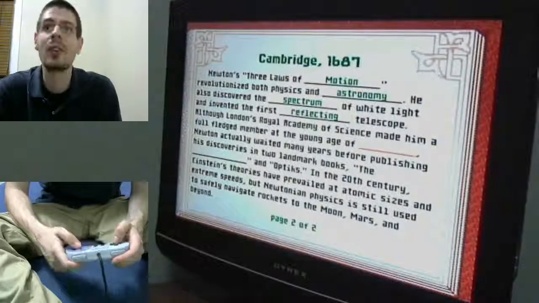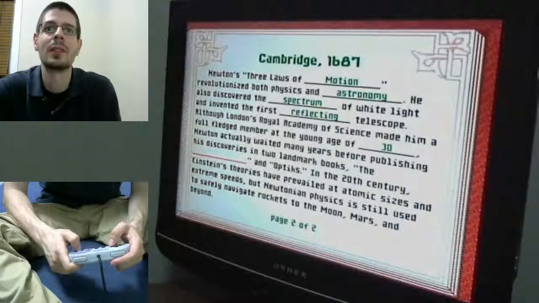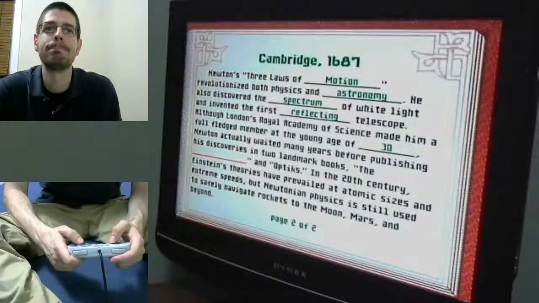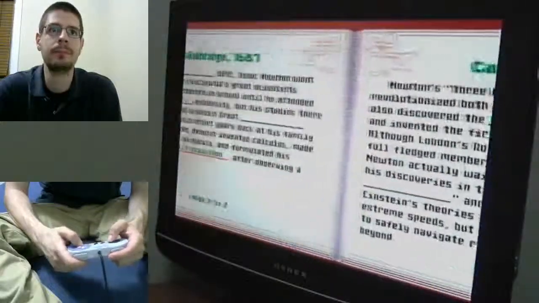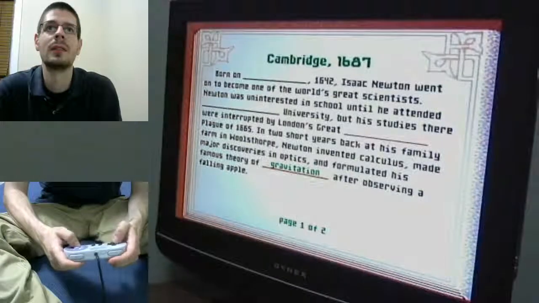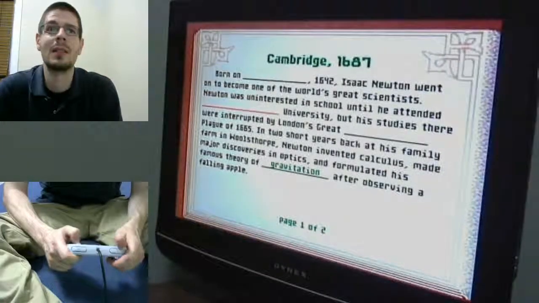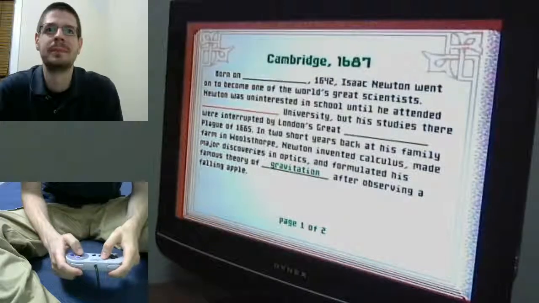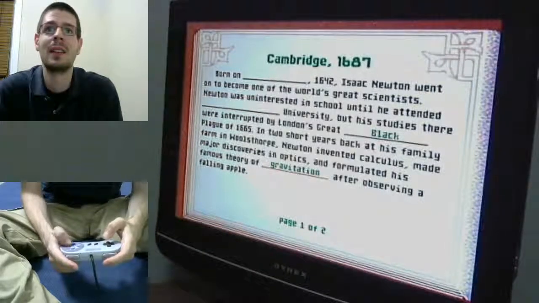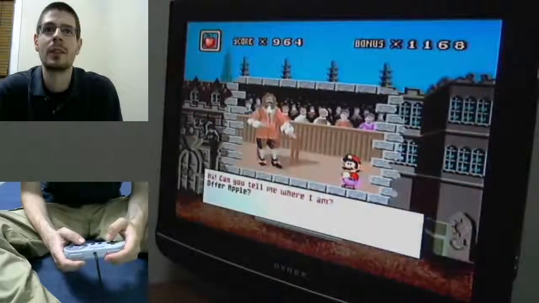Okay. See if I can do any more of these. So that was 30. Okay, the something in optics. Not sure. Born on something. Isaac went on to become one of the world's great scientists. It was uninterested in school. Okay. I'm gonna guess on this one. Yep. Okay, let's keep going. Let's see what this guy...